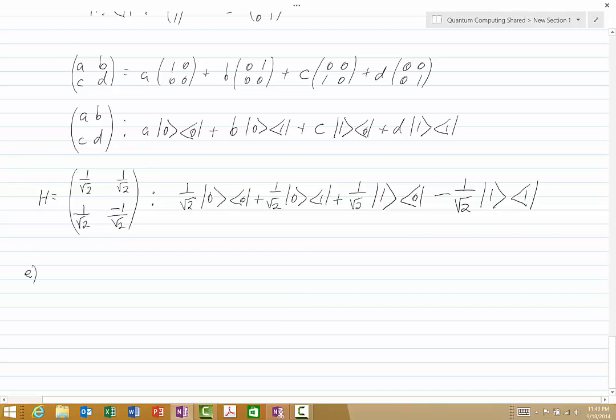I just want to comment that here we have a 4 by 4 matrix which corresponds to operators on a 2-qubit system. So now I'll just say that what you should do is to consider the basis